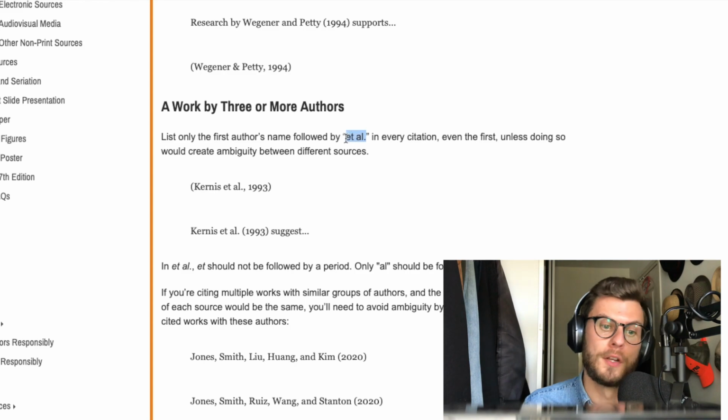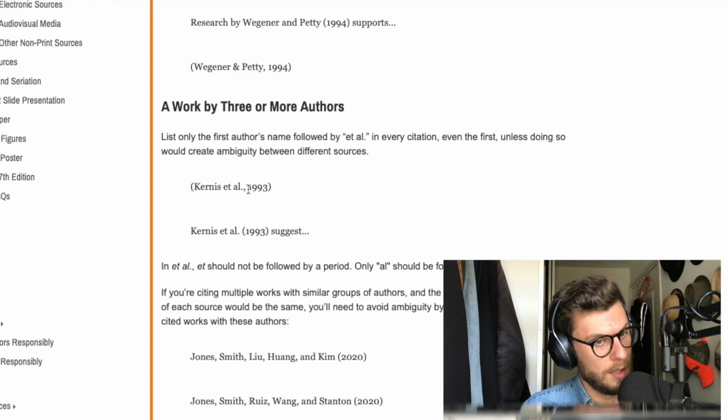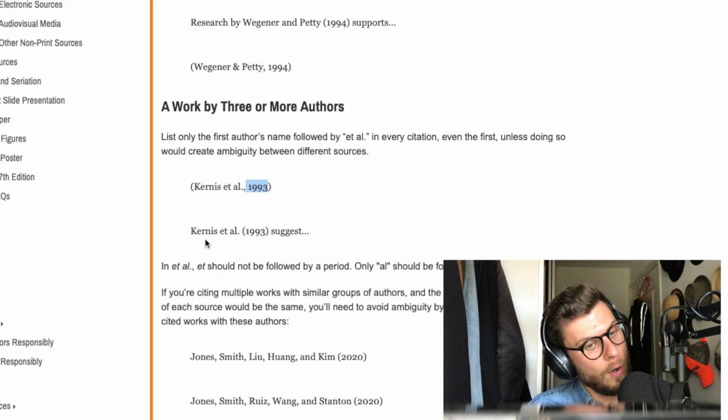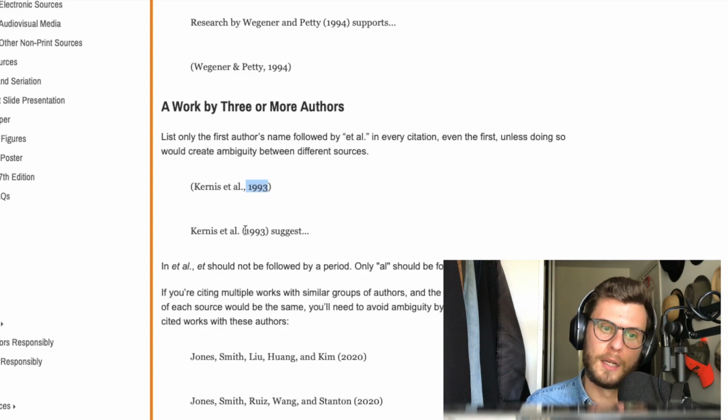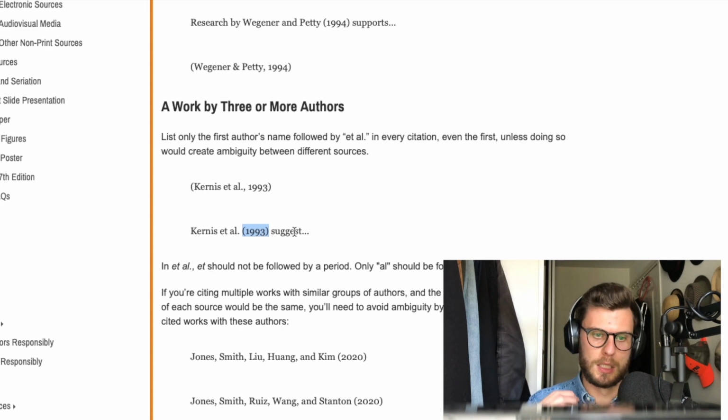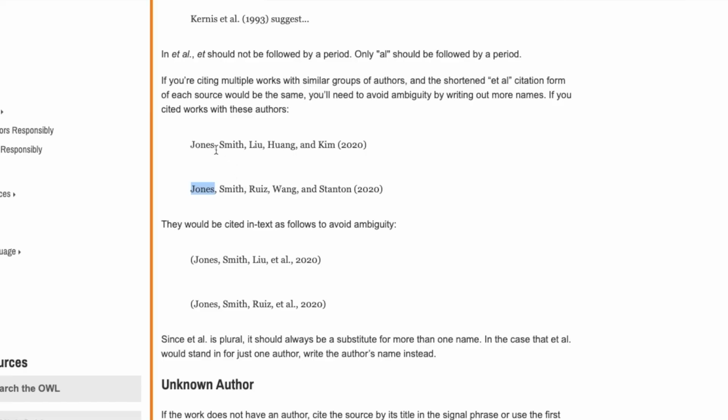Period. So in brackets, Kernis et al., period, comma is important, 1993, or Kernis et al., period, 1993, suggest, and so on. If it's Jones et al., 2020 and Jones et al., 2020,